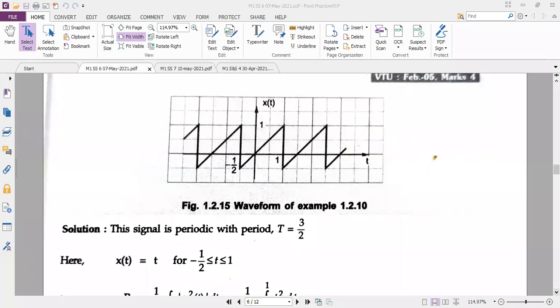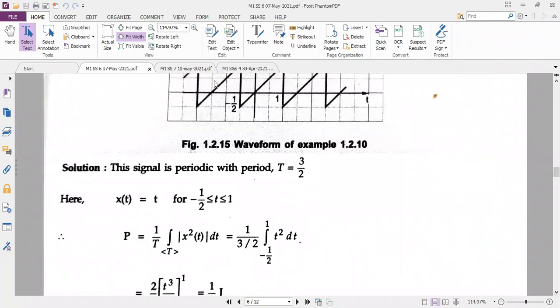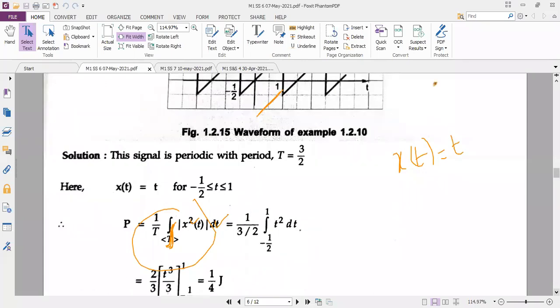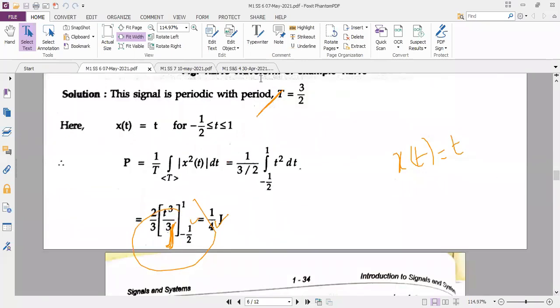So the formula of power, you can see P is equal to, it is a continuous time signal, so the formula of power is 1 by T integral. The limits as per the diagram, you have to substitute the limits. Magnitude of x square of t dt. Since the given diagram is in form of a ramp signal, and we have discussed the ramp signal enough, you know how to represent x of t. X of t you will equate to t. That is the hint in this problem. So the ramp signal is t. You have to write the expression as t in place of x of t.